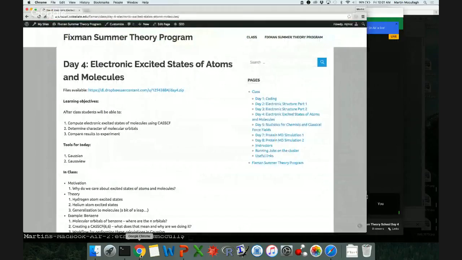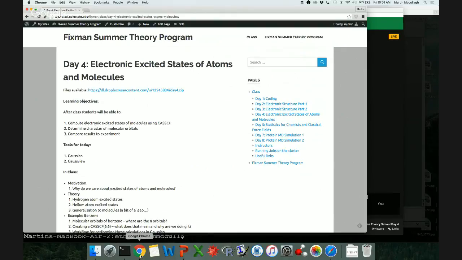So today we're going to talk about electronic excited states, going from what Tony's talked about in the past 2 days, mainly single determinant wave functions, to what, well, first of all, why don't single determinant wave functions describe electronic excited states? But first we'll start with why we care about electronic states, and then how we're going to deal with them. And hopefully the theory side of it, the presentation side of it, will be relatively short,